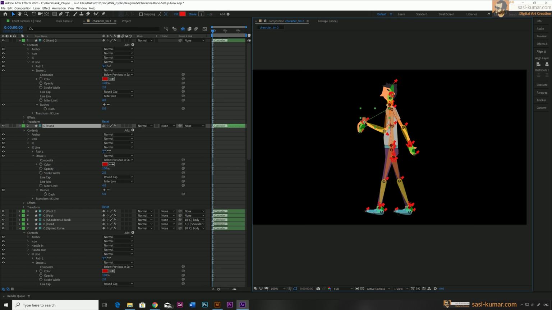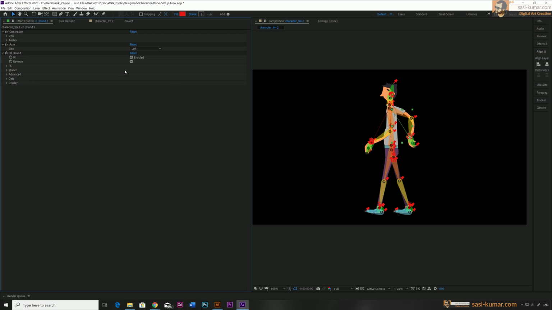Now you will see there are additional points which we already saw in our previous video as well, and when you start moving these shapes, you will see the character is moving like a human character. So we don't need to do anything, we can just move these objects and create keyframes to make animation. You can move any part of the body, which we already covered in our previous video.